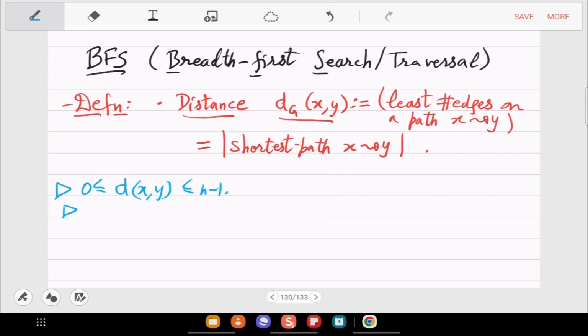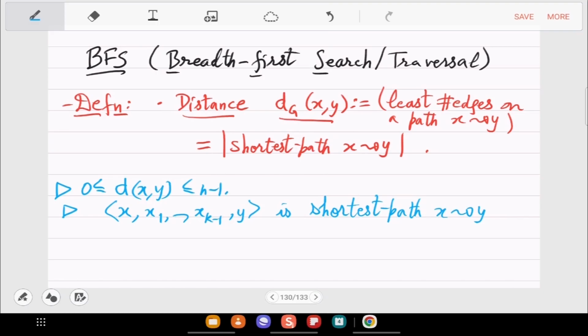And when it is clear what graph, I will skip the subscript G. So if you have a path like this, which is a shortest path from x to y, then what is the distance from x to y?